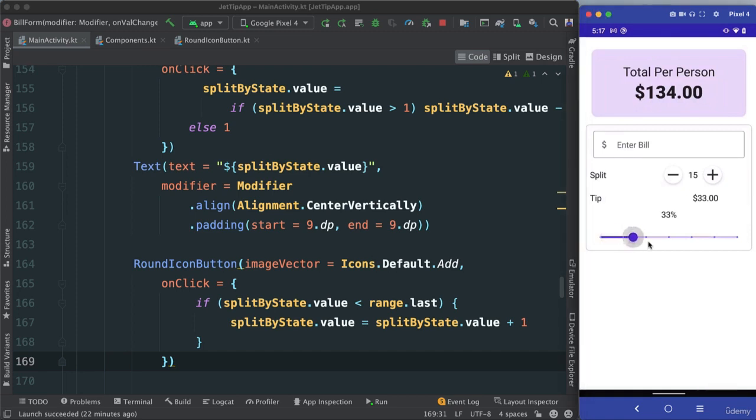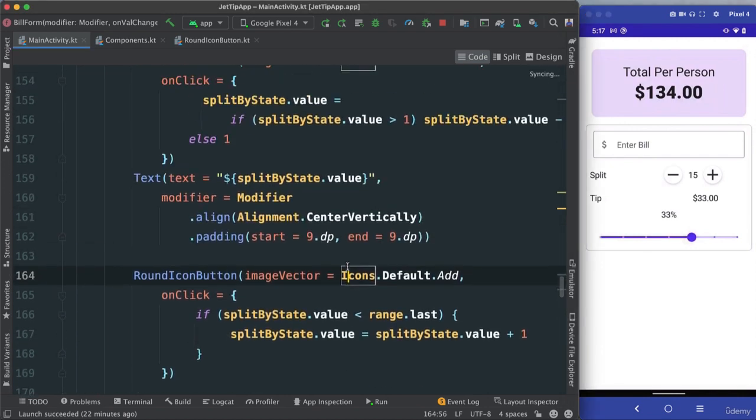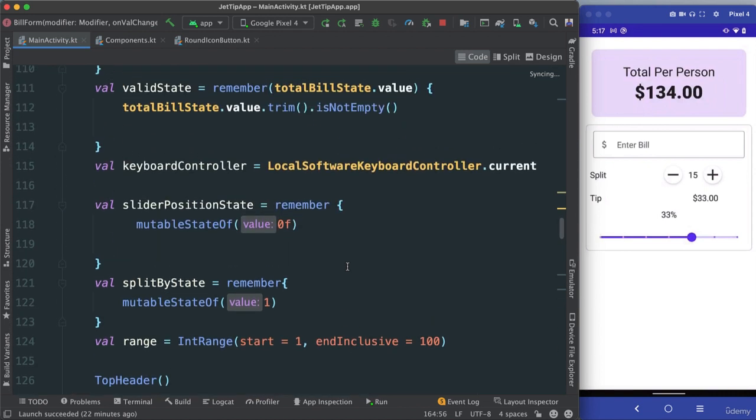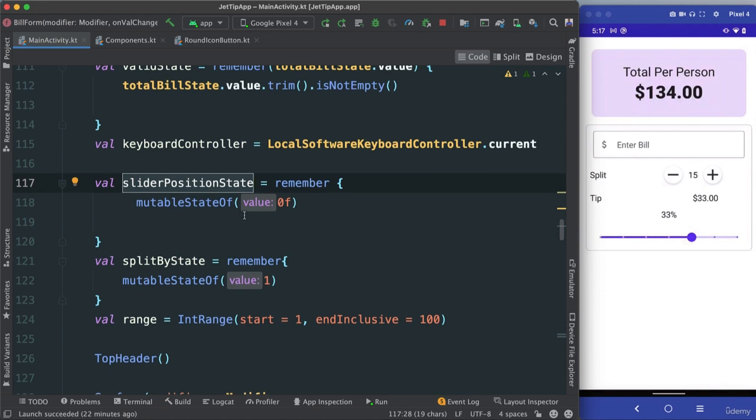Let's go back to our tip percentage here, which is our slider. Let's see how we can construct this so that we can start seeing the differences as we slide left and right and feed our percentage to show correctly here. Now, if we go up, we see that some of our states here, we have our slider position state, and we know that these are the